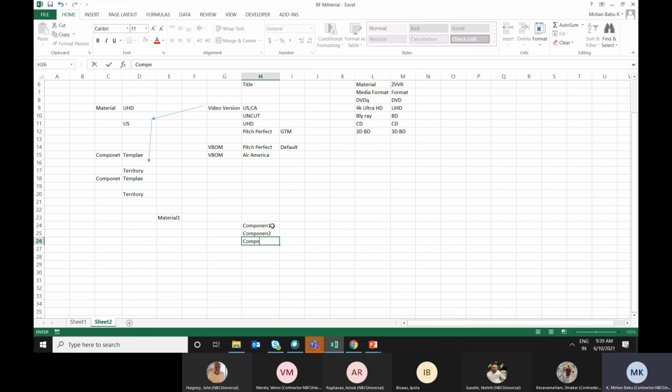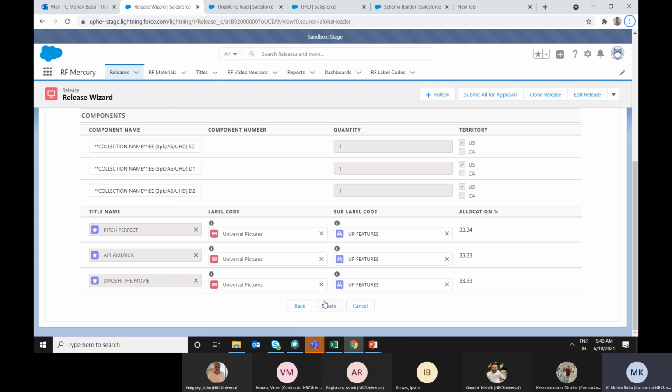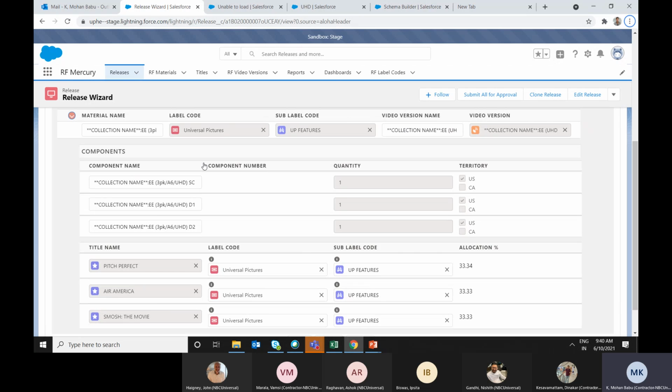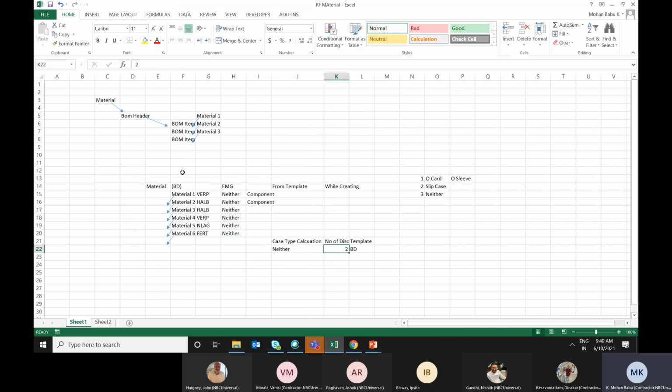And then component 3. Component 3. So material 1, material 2, and these 3 components have to be created. Well, click on create. And along with that, while creating the material, by default, we create the child